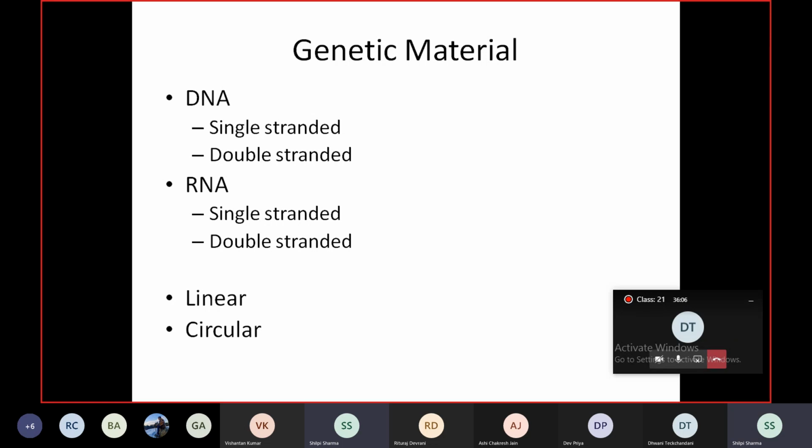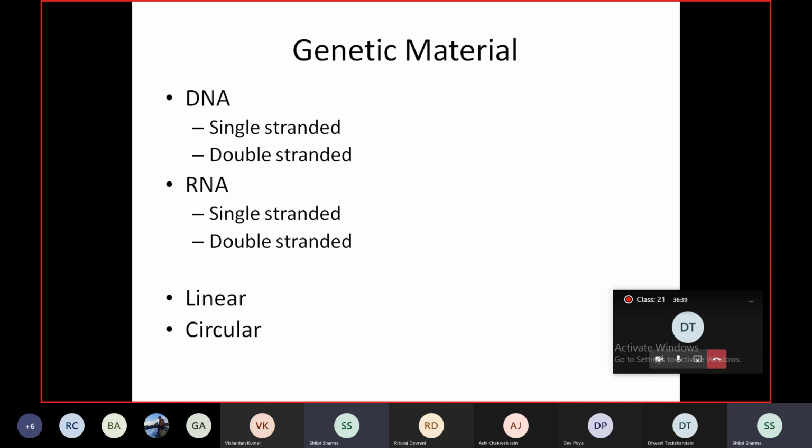Now, while mostly the viral genomes are haploid, you know what haploid is, they contain only one copy of the gene. There are also retroviruses wherein there is diploidy. The genome could be monopartite, which means that only one molecule of nucleic acid would have all viral genes, or it could even be segmented, wherein the viral genes are distributed in multiple molecules of nucleic acid.